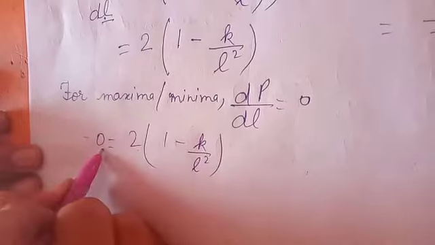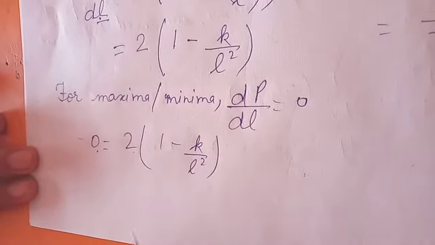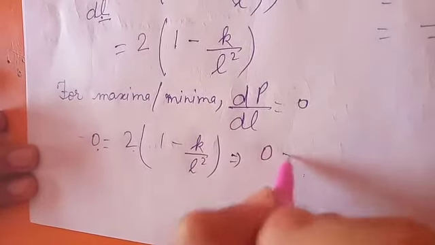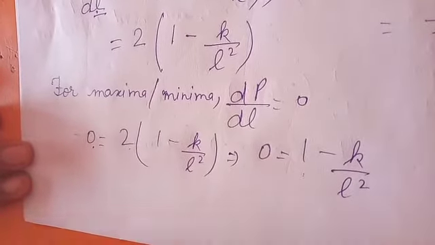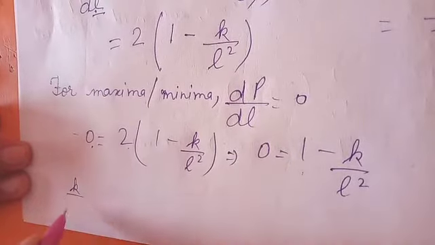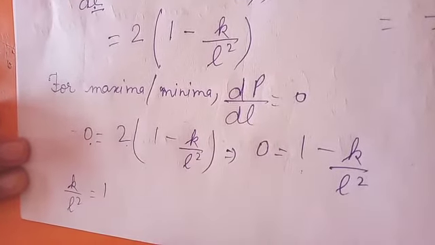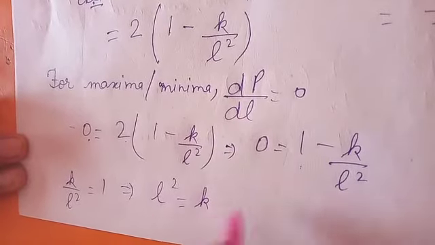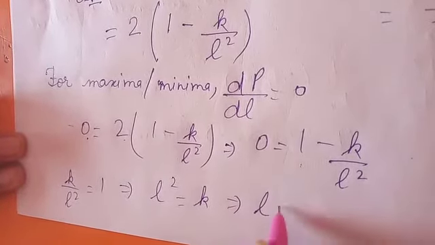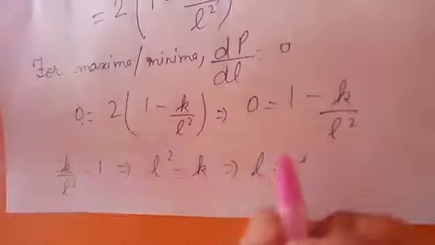If I take 2 here, I will get 0. So I get from here 0 equal to 1 minus K by L square. That means K by L square is equal to 1. From here I get L square equal to K. That means L is equal to root K